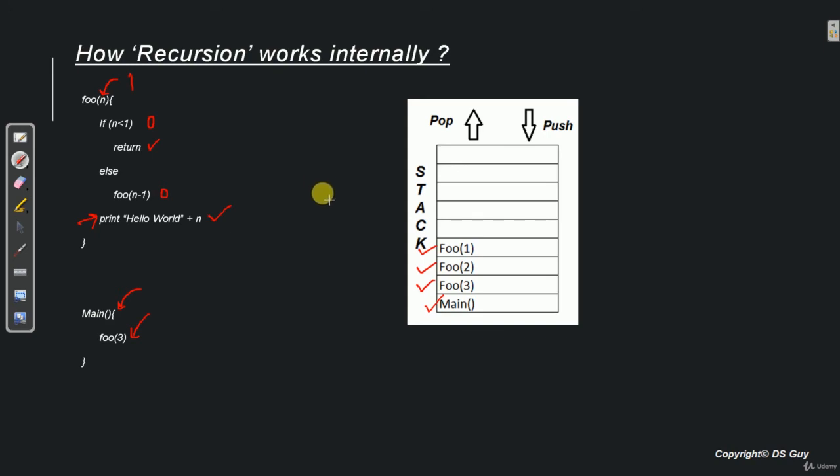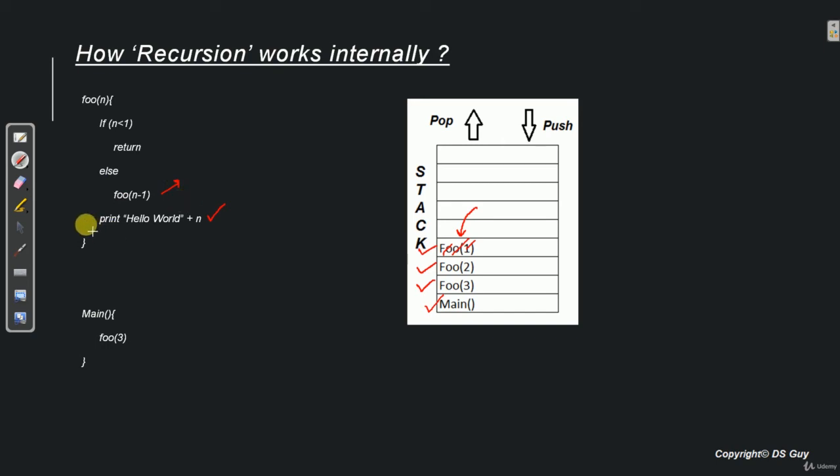So now the system needs to find out what it should do next. For that it will come to the stack. Stack says call foo with value 1. There was some pending work. So the system will pop this one out from here and come to this statement over here. Now remember that when the value was foo1, the system came till here, that is else foo n minus 1, and it called foo 0.